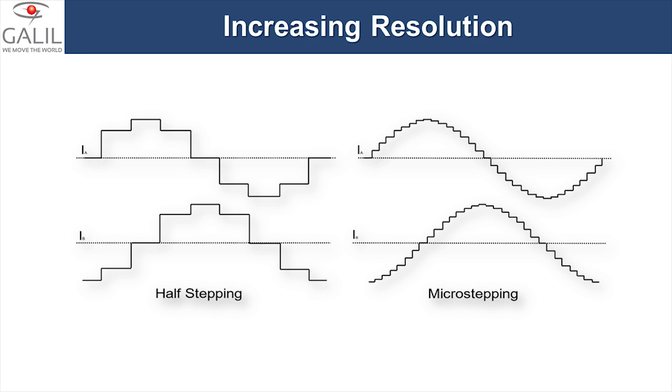Stepping away from the physics of a stepper motor for a moment, let's discuss one of the big issues of operating stepper motors in their full step mode: coarse resolution. 200 steps per revolution is not that many steps. In order to get more resolution out of a stepper motor, some very smart engineers figured out they could energize